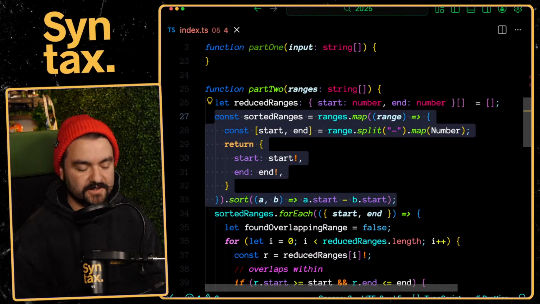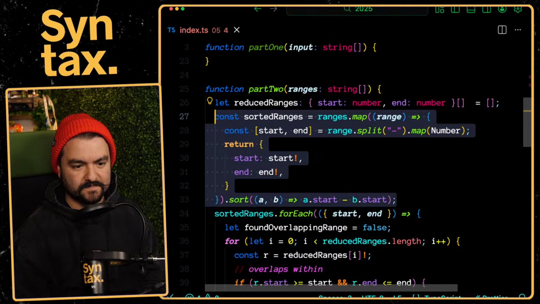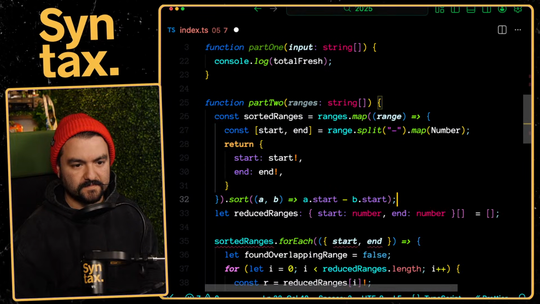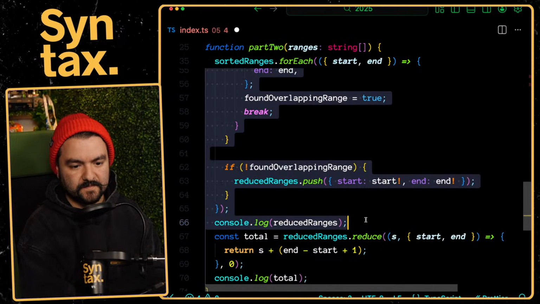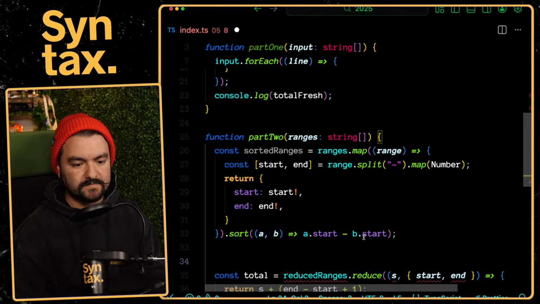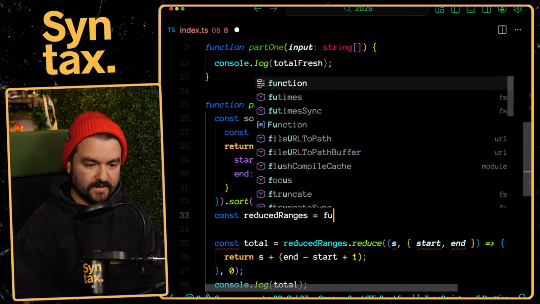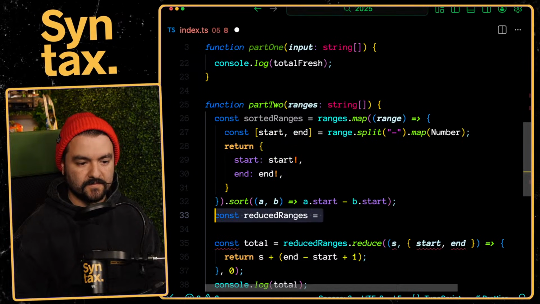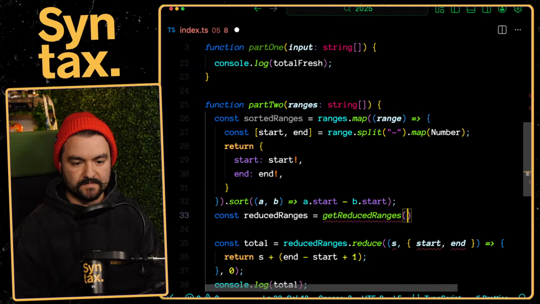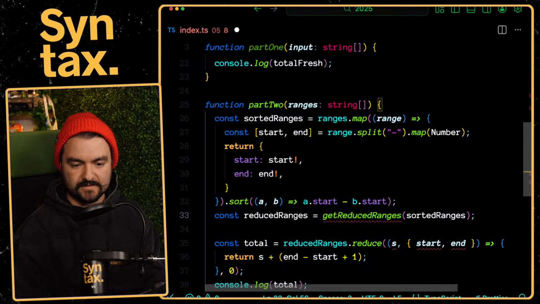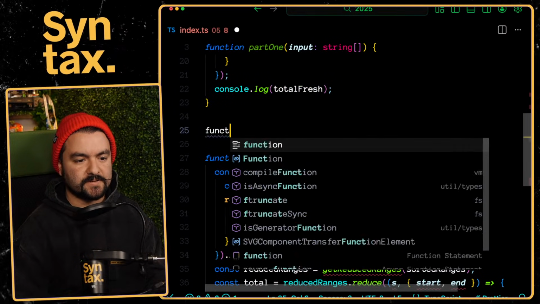We'll get the sorted ranges, which we will do, I think. And then we calculate the reduced ranges in a function. So we'll say the reduced ranges is going to be, we'll create a get reduced ranges with the sorted ranges. And then get reduced ranges